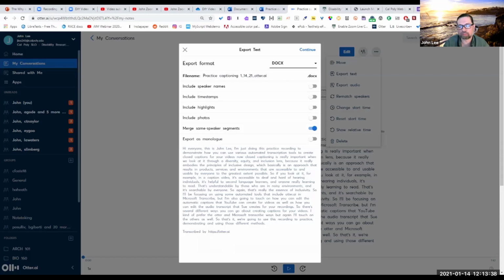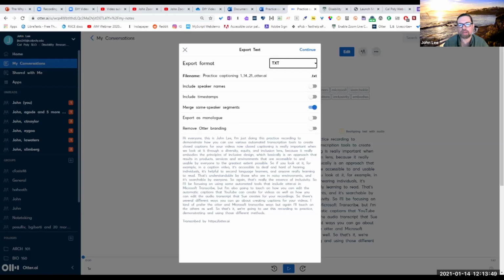And I've got the pro version, so I have more options. But if you use the free version, you'll have a TXT option, which I'll do right now. I'll just export as that, and then it gives you all these options on how much you want to export as far as speaker names or timestamps. If you just want to have same speaker segments done, you can see here it just kind of makes this one long paragraph. So I'll do that, click continue,